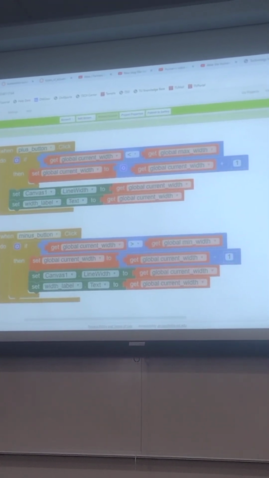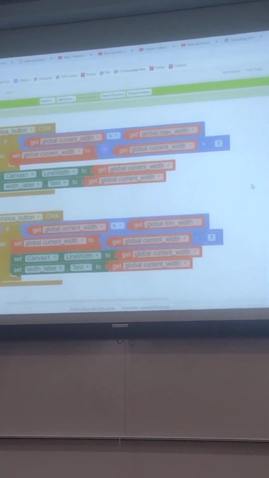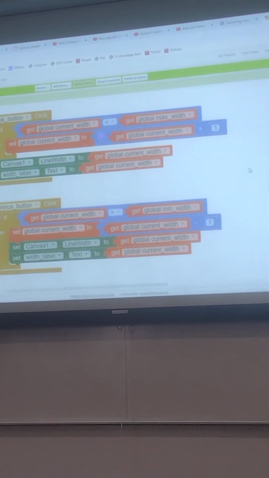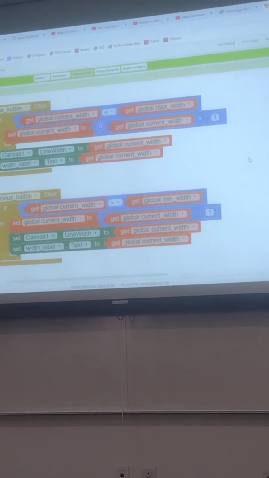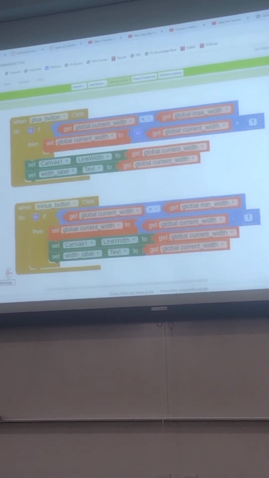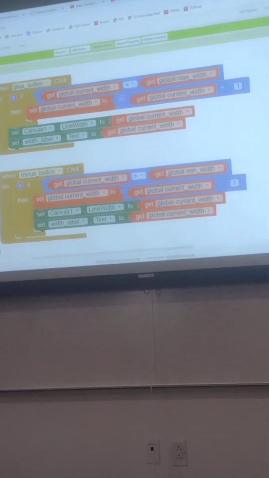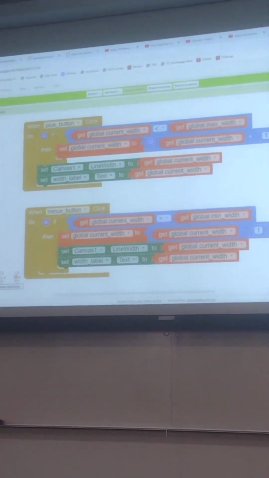So check to see if the current line width, when the app starts, that's 4, is less than the max line width, which is 11. 4 is less than 11, so it's okay to take that current line width, which is 4, and add 1 to it so that it becomes 5. But that's only changing the variable. It's only updating the variable. You have to